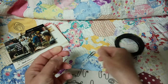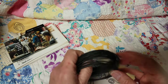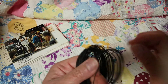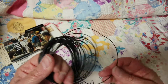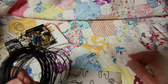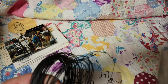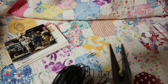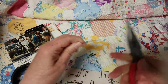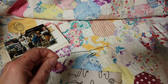So I use this kind of crafting wire. I'd gotten it some time ago when I was doing some wooden crafts, and it's nice and stiff. It's a nice weight. I'm not sure what the gauge is. But it already looks kind of rustic because of the black color. And so you just take a length of it, what you think you might need,